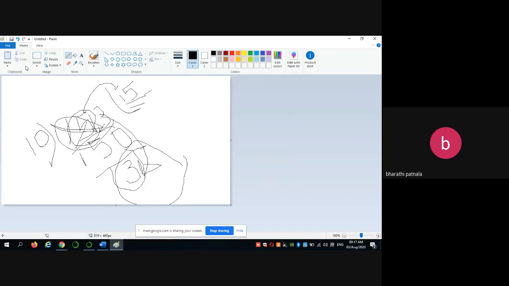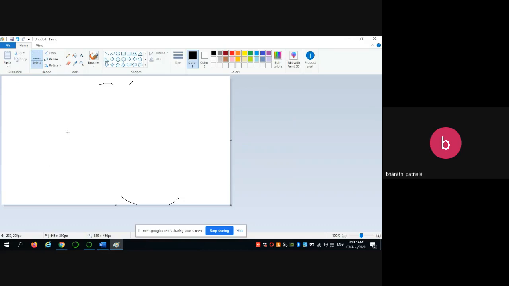Okay. Next. Now our original number is 15. Again, do the same task. Divide this 15 by 10. Now the remainder is 5.